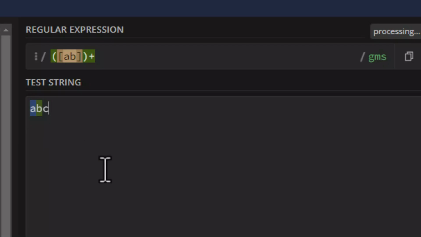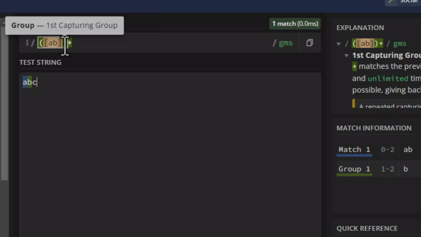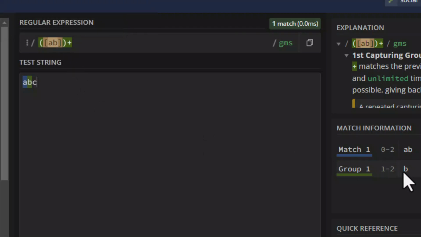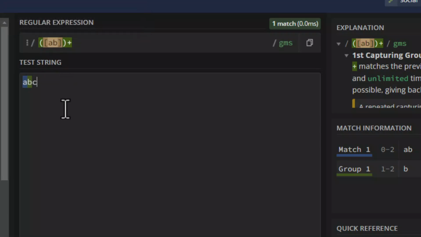And here I say ABC. The interesting thing that I've created this example for is that group one, the only capturing group in our regular expression, captured the item B. Again, why? Because AB matches either A or B in the input string, and there's a quantifier on the capturing